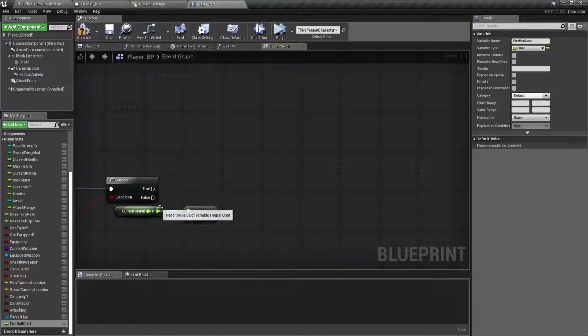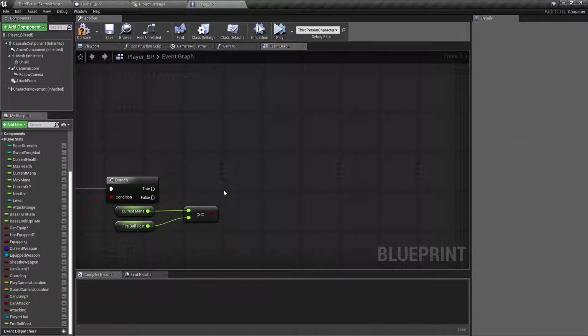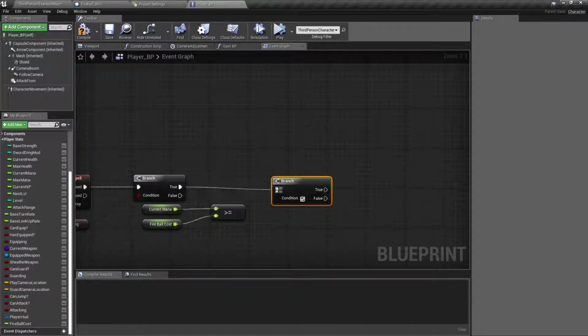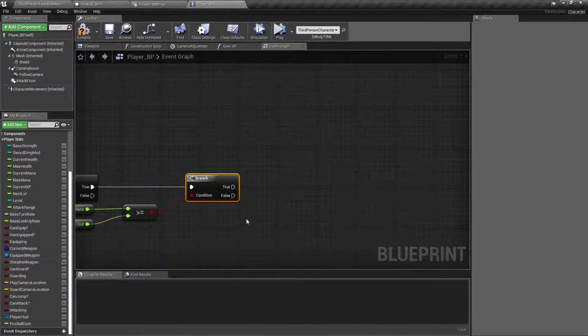And this will be how much mana it charges for each time you want to cast that spell. Another branch, so if they are guarding and their mana is greater than or equal to however much it costs, then we will